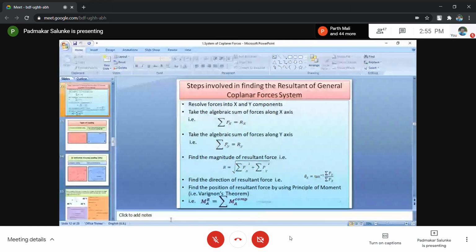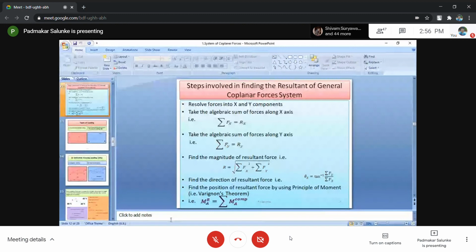So please remember these steps very meticulously. Whenever you are solving numerical problems, these steps are really very important. First step, resolve forces into the x and y components. That is the first and most important step. Take the algebraic sum of forces along the x-axis. That is summation of Fx, which is also called the x component of the resultant. Take the algebraic sum of forces along the y-axis, summation of Fy, which is called the y component of the